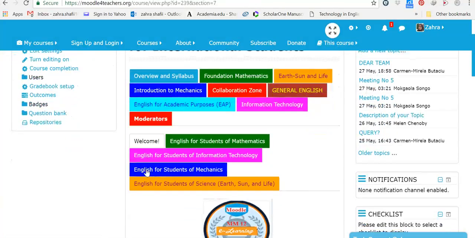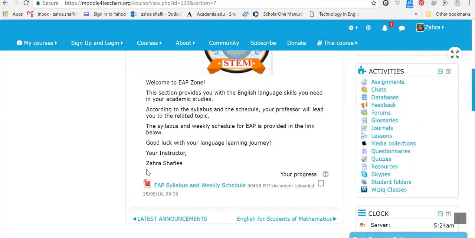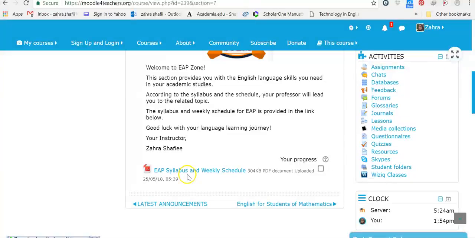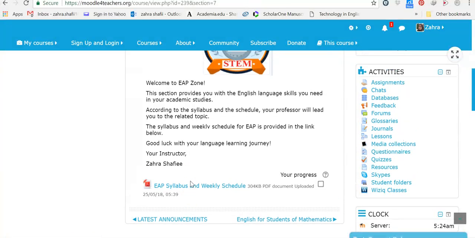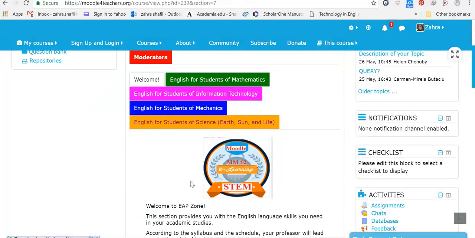At the beginning, on the welcome page, you see a welcome note and the syllabus related to my own EAP, which includes the number of sessions, which week, which of the groups has got an EAP class with me, and something about scoring policy, about their assessment, about the assignment, and about the sources and materials.